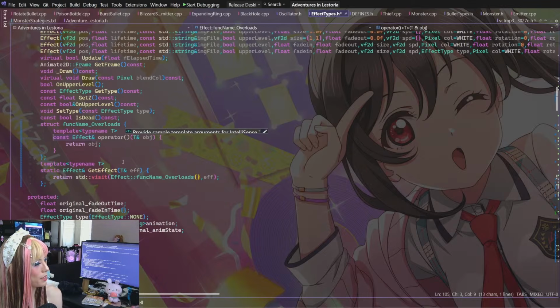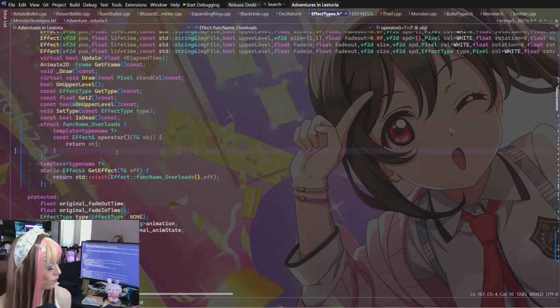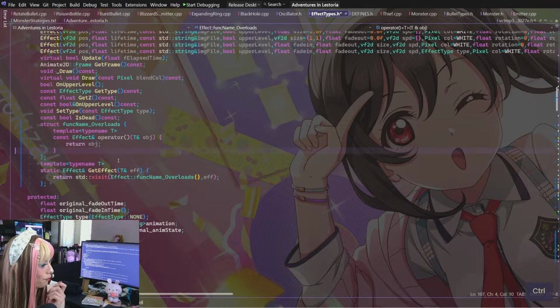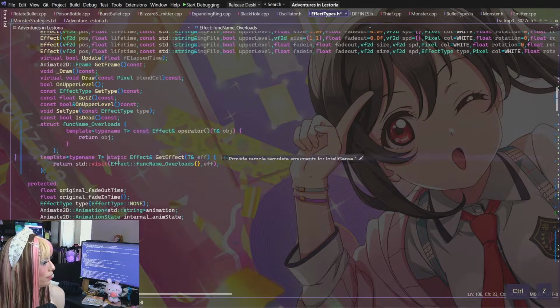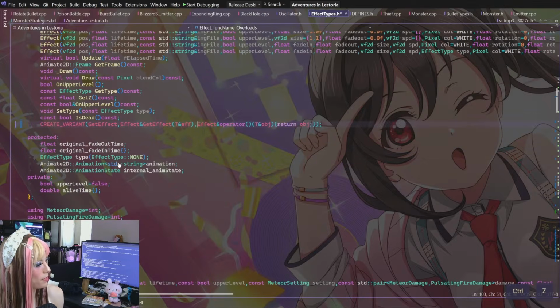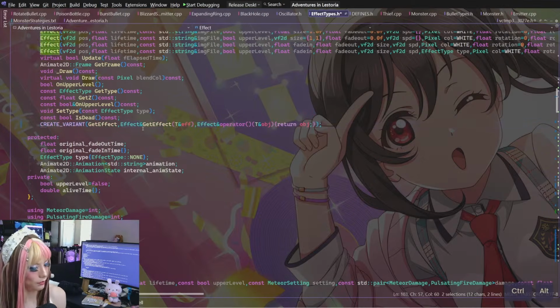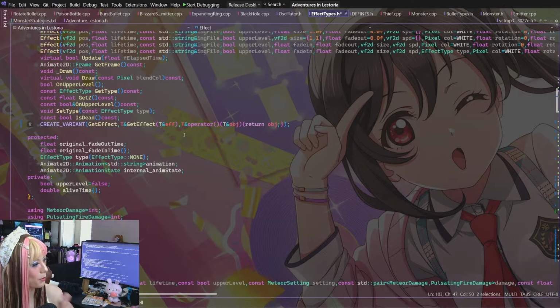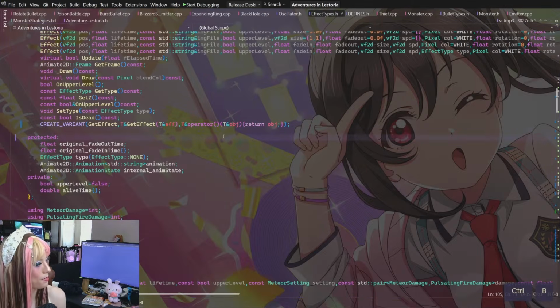Why am I not using T there? Let's try that first, because T should be able to resolve that for us. I'm not really sure what the point of me doing effect there is.